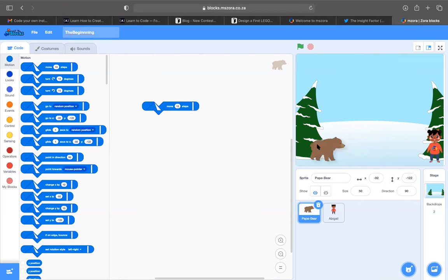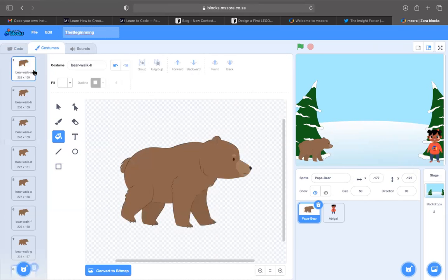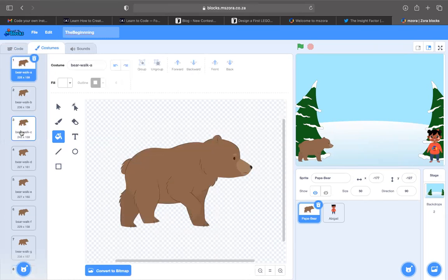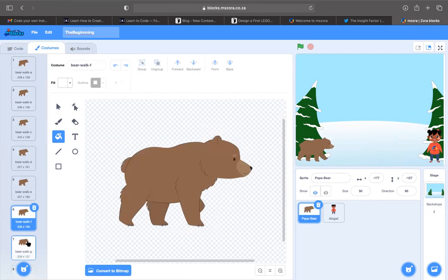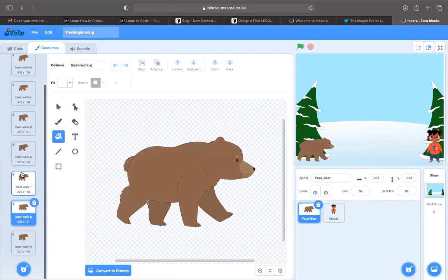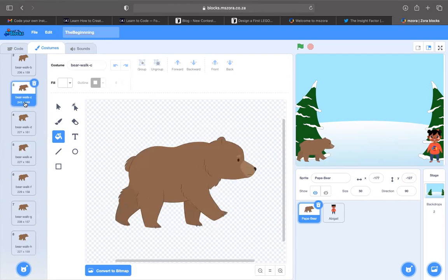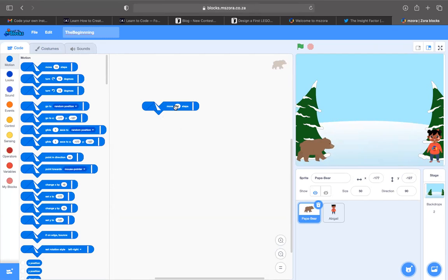All right. So now I have this moving, but you can still see that while it's moving, it's gliding on the ice. I don't think I've ever seen a bear that skis or glides on ice. So we want our bear to have some form of natural movement. We have already seen that we have other sprites as well for our bear. So is there a way that we can use these sprites to make our bear have some form of natural movement? Let's see how we can do that.